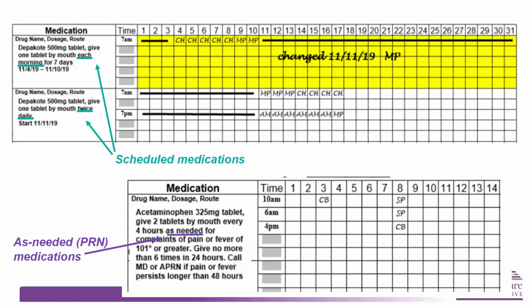An example down here at the bottom is an as-needed medication. So again, Tylenol is kind of the typical example here. The medication is ordered every 4 hours as needed. So when you look at the grid to the right here, you can see that most days the patient didn't need to receive Tylenol. On the 3rd of the month, they received a one-time dose at 10 o'clock in the